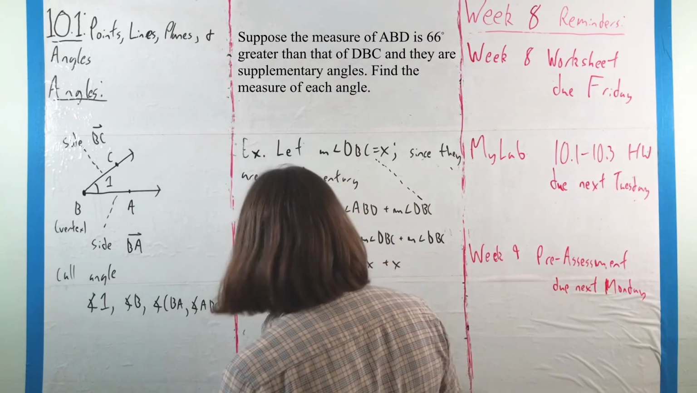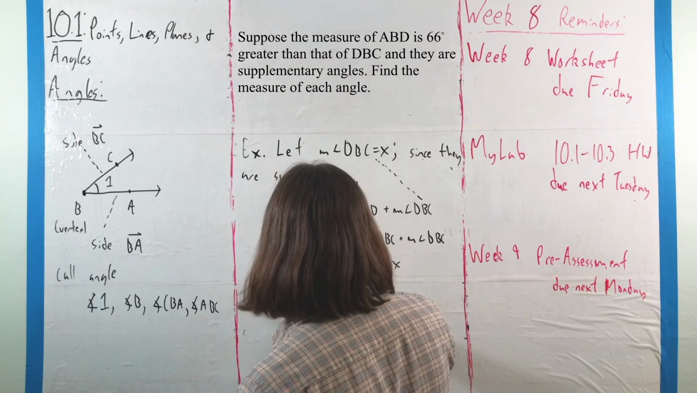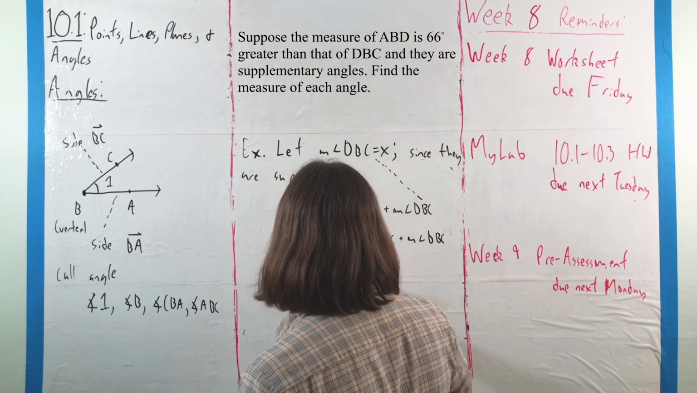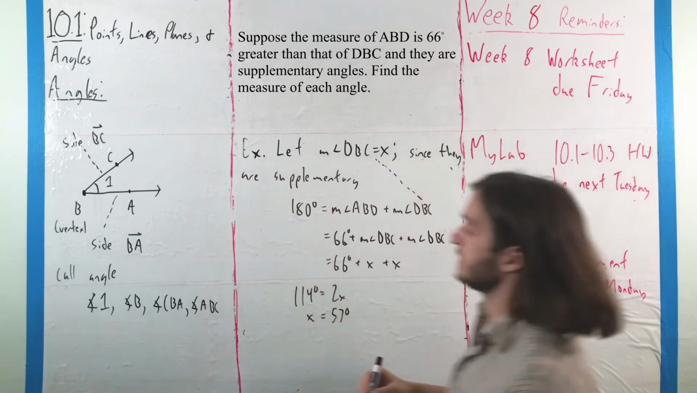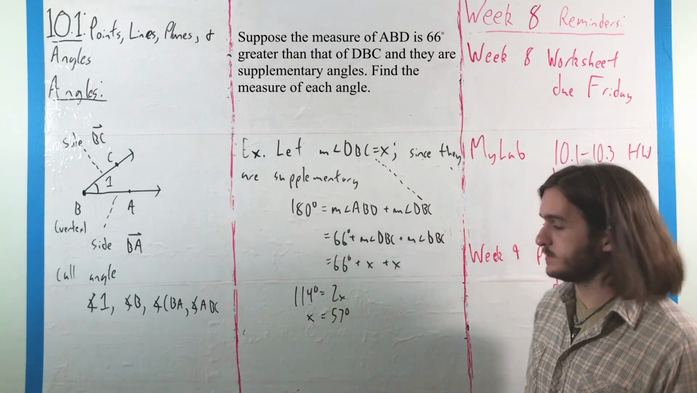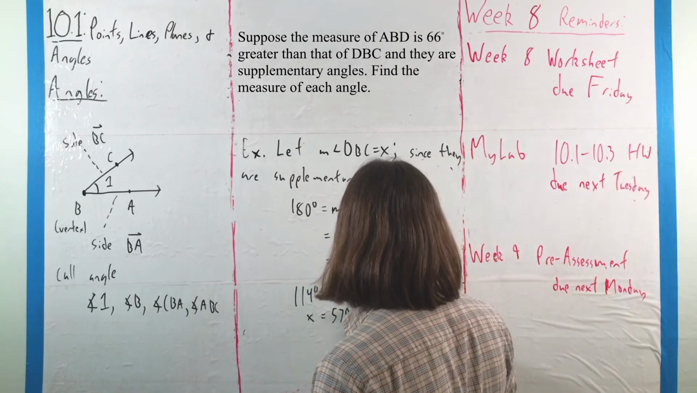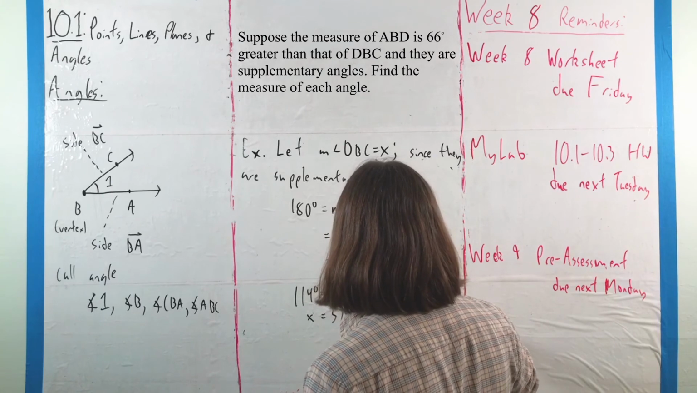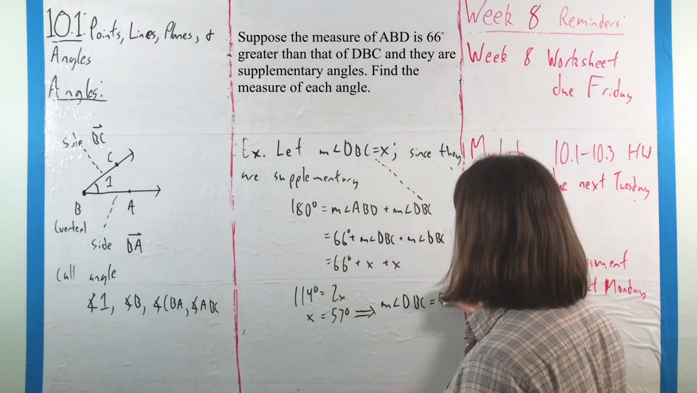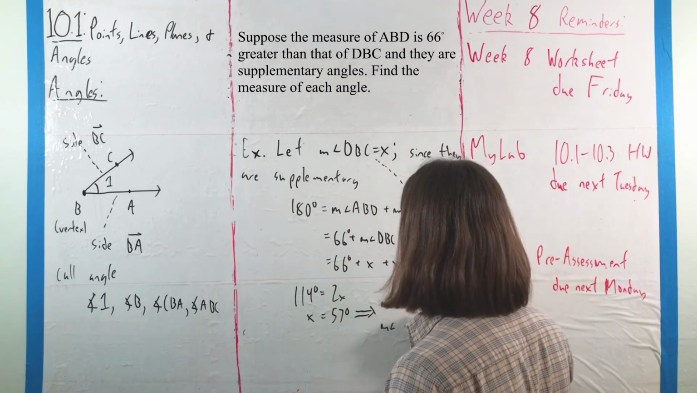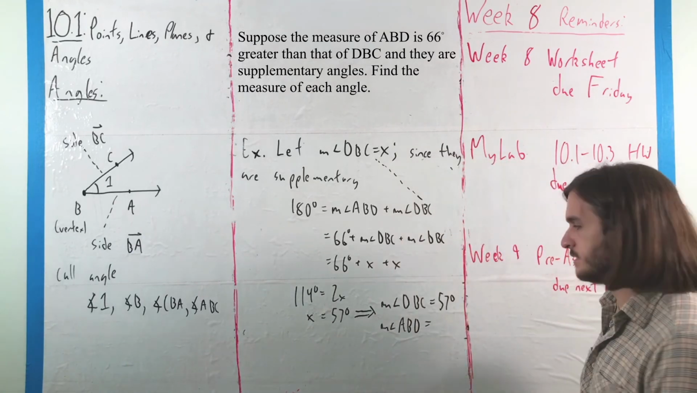We will get that 180 minus 66, or 114 degrees, is equal to 2x, or x is equal to 57 degrees. And then from there, all we have to do is convert this information back into something about ABD and DBC. This tells us that the measure of DBC is equal to x is equal to 57 degrees, while the measure of the angle ABD is that plus 66,